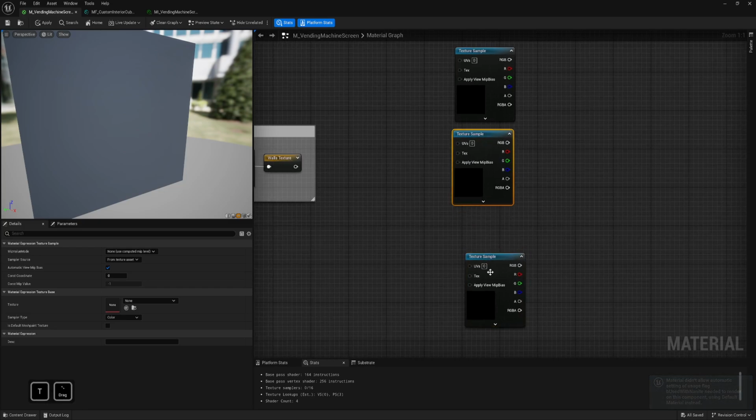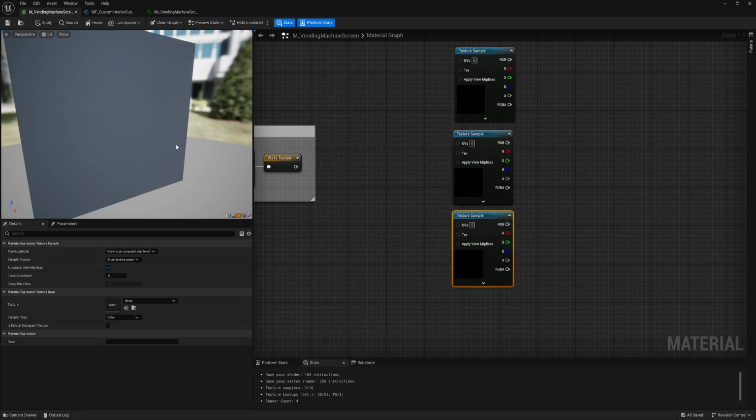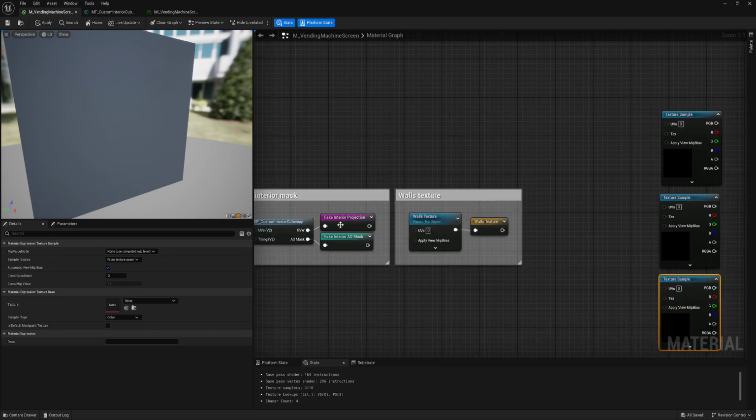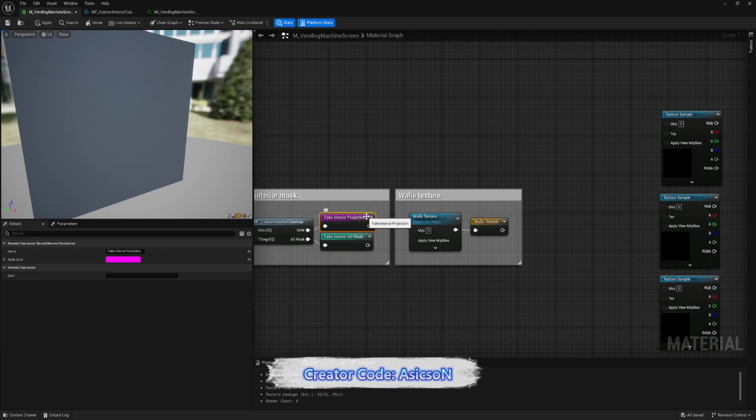Now I need 3 samples, because it's similar to triplanar projection. So we need to project a 2D texture in a cubic environment. Even while it's fake, it's still cubic. That's why this node was called interior cube map. We will use this fake interior projection.